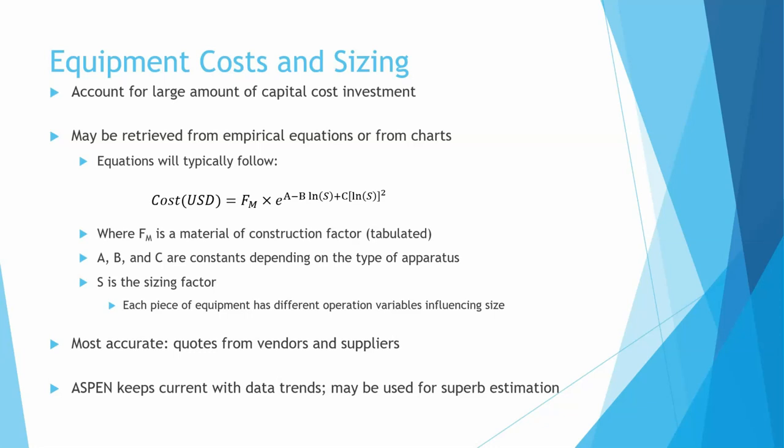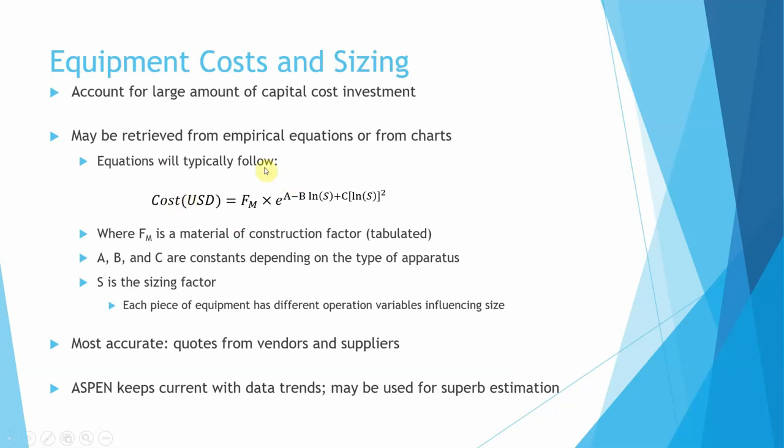Since we've shown that equipment costs account for a large amount of capital cost investment, we probably need to be able to figure this out without calling vendors right away, to get a quick and dirty estimation of our operation. You can get them from empirical equations, and the empirical equations typically follow the form